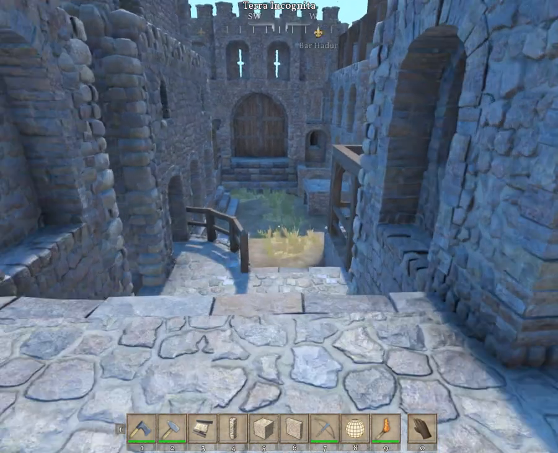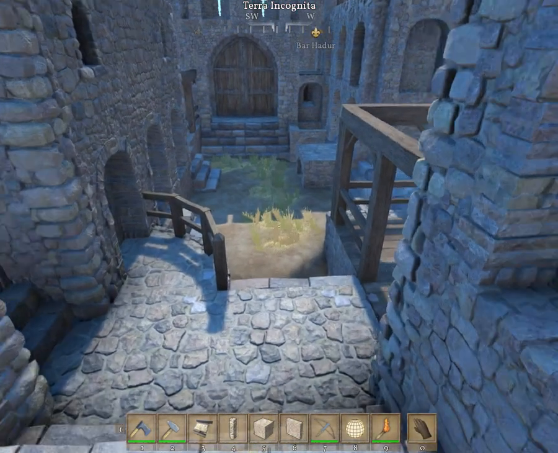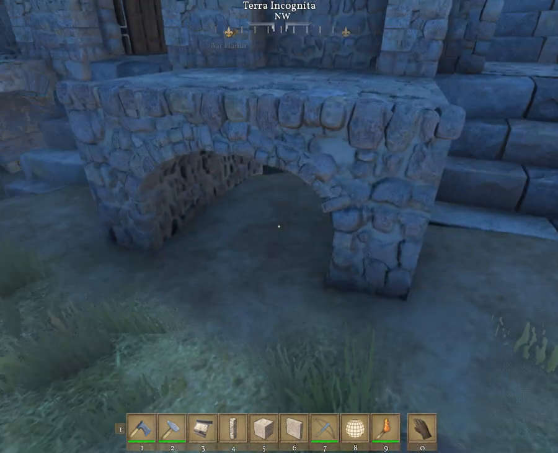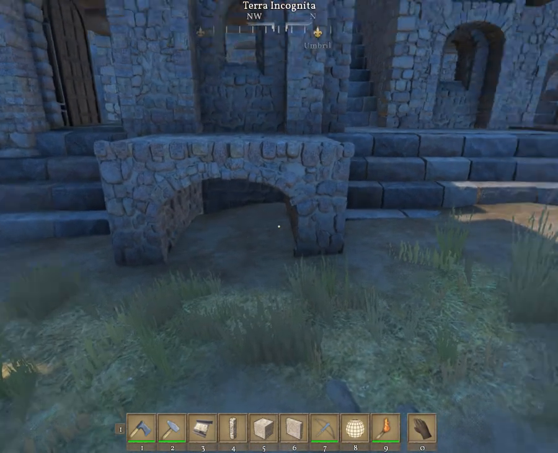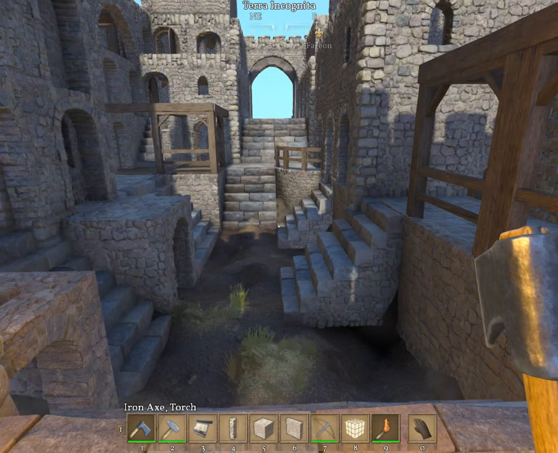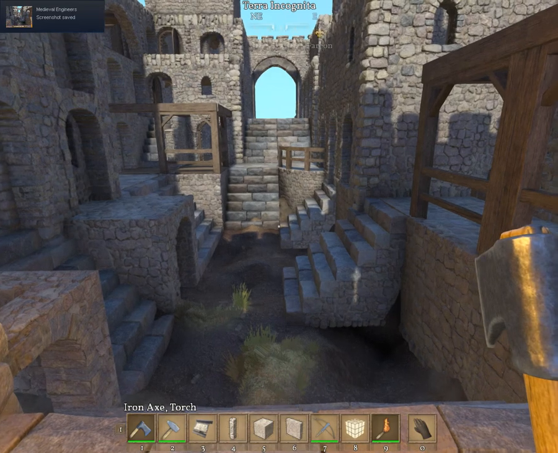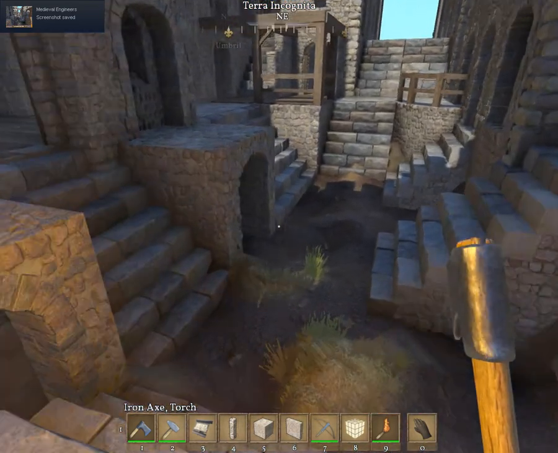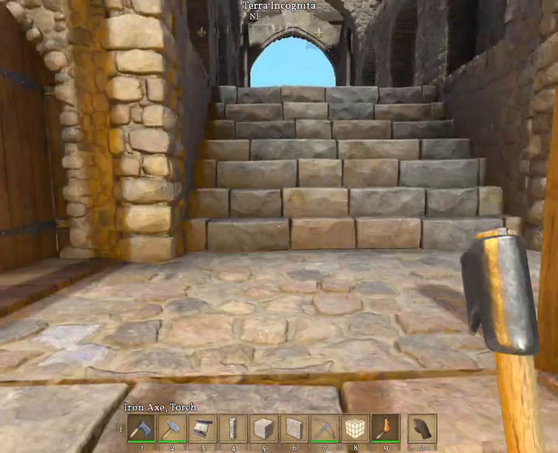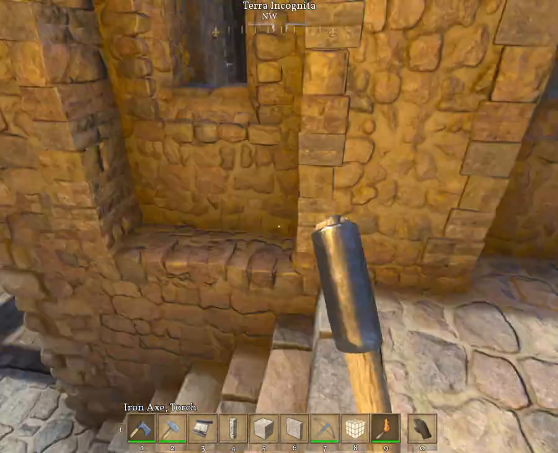So we come in here, and we do have a nice little courtyard here. I do not have... that's what I forgot to do. Alright, so hold on. Alright, so we're back, and the area is not exactly perfect, but it does give you